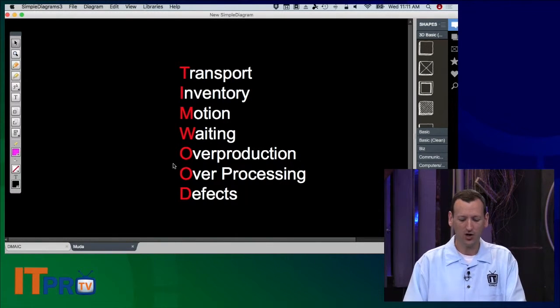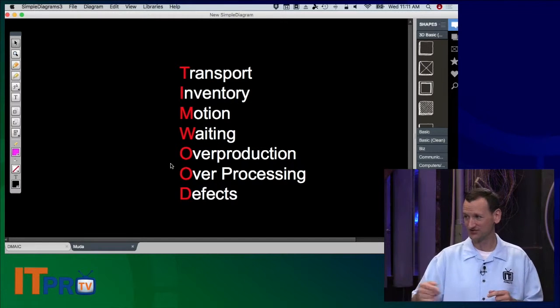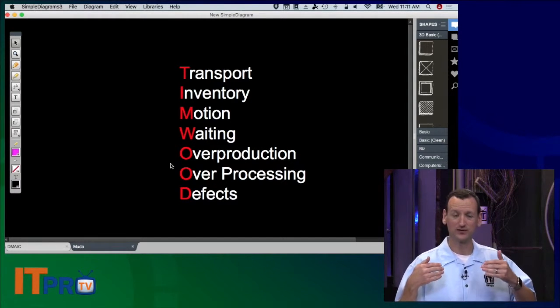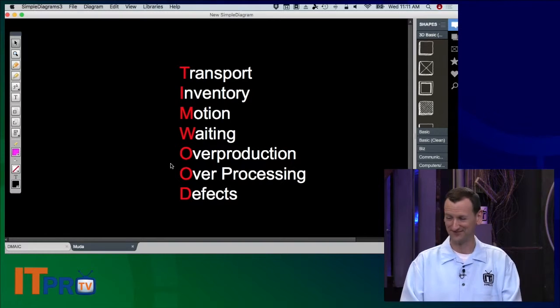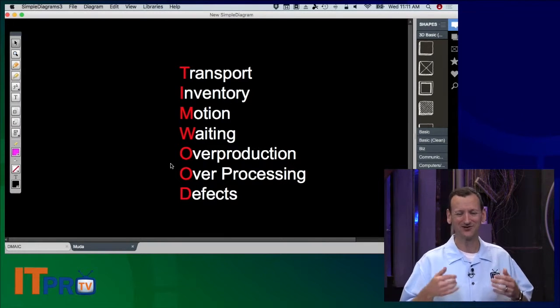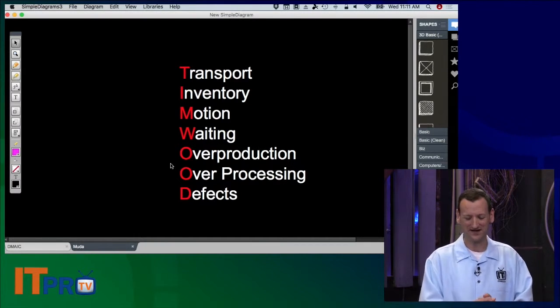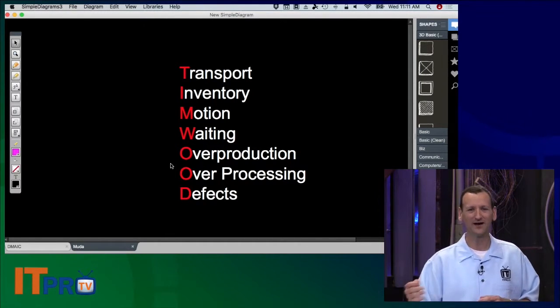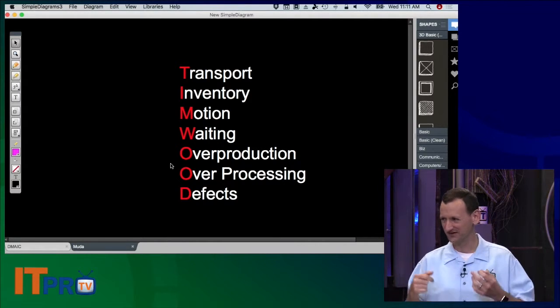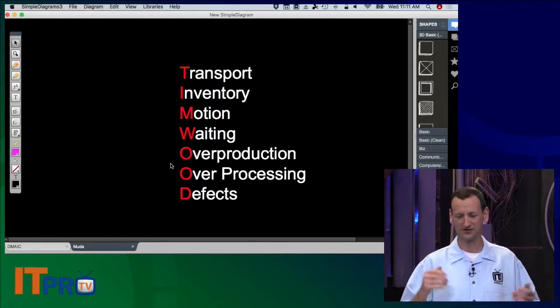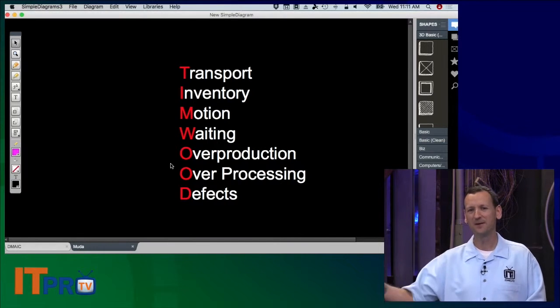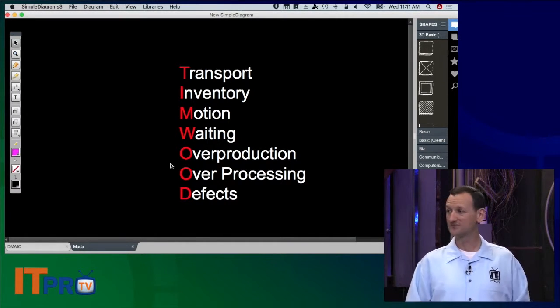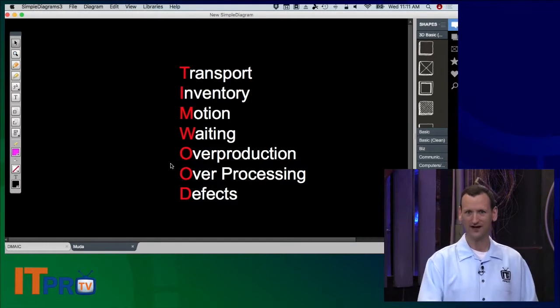Overproduction. All right. Ronnie, you are the master of overproduction. Sometimes we can put too much effort into something to achieve it, right? I'm going to throw you under the bus here, Ronnie. I go to Ronnie and I say, Ronnie, I need a web server fired up. Can you spin me up just a Windows virtual machine with a web server on it? And then he'll come to me the next day and say, all right, your web server's up. Oh, and I set up antivirus on it, and I configured the firewall to allow these rules, and I applied